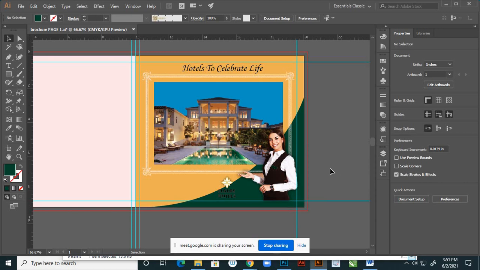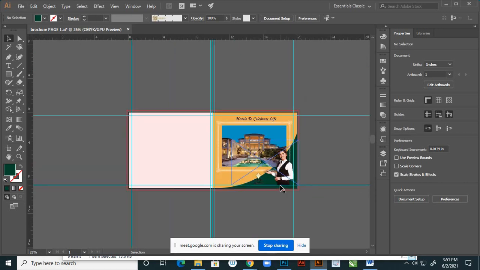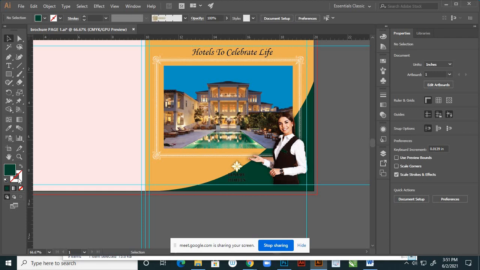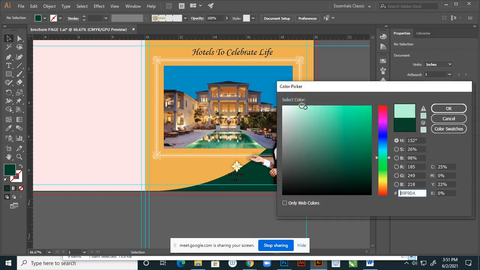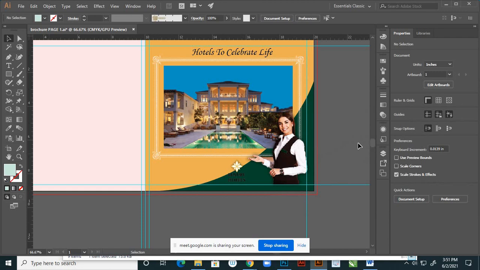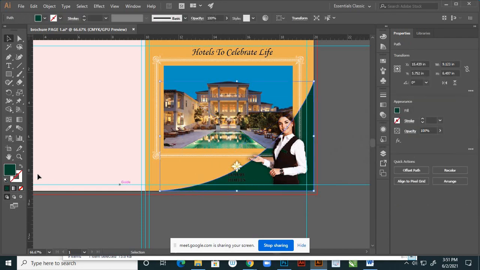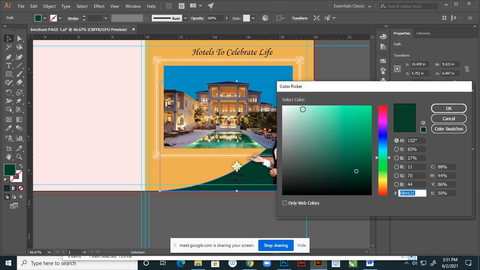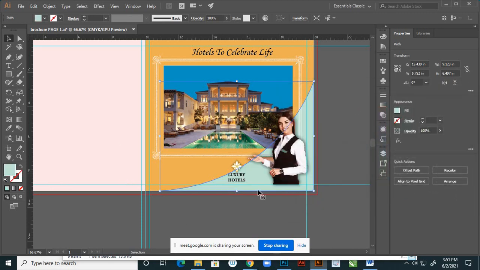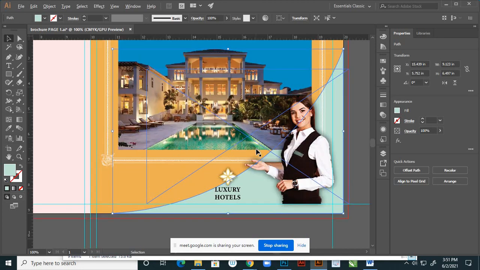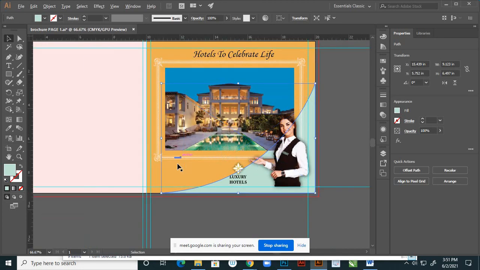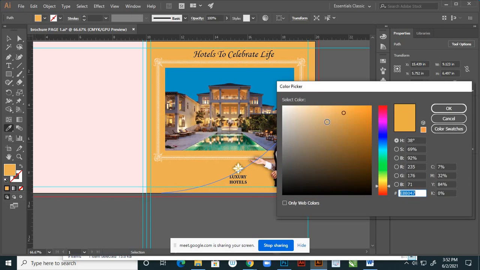Suppose I change this color to a lighter one. I have to check with different colors. This is the lighter portion of that, but here I'll take this with the eyedropper tool, and I'm using a bit darker portion of that.